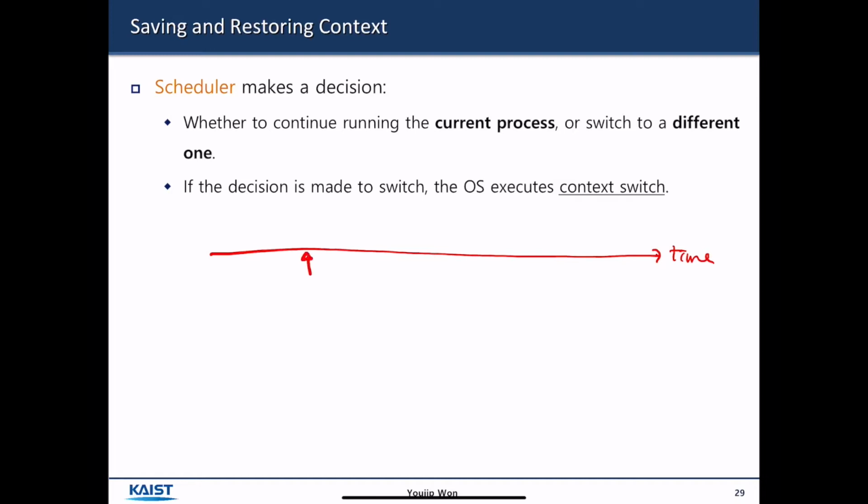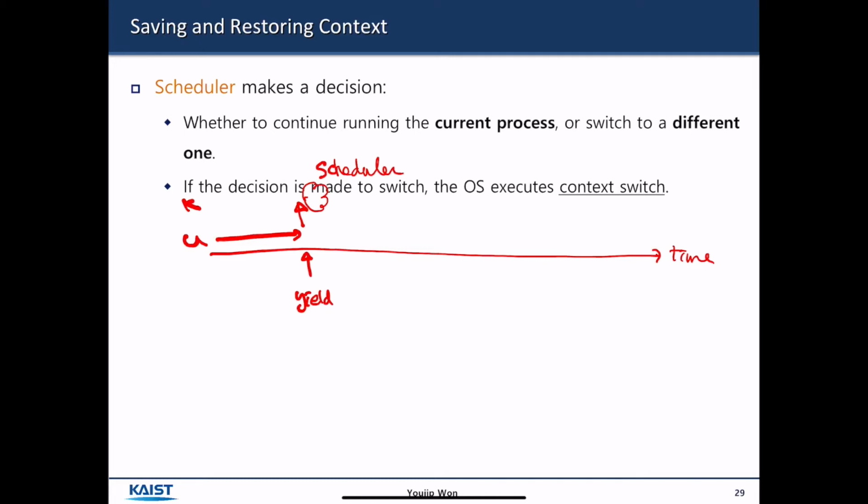For example, here is a timeline, and let's assume that we take the cooperative approach. Then a system call is called here, for example, yield. At this point, the control is transferred from the user to the kernel, and the kernel runs the scheduler to check